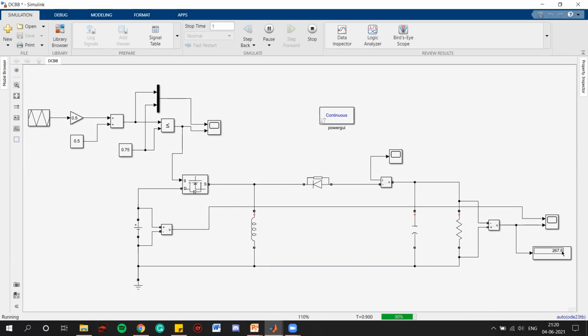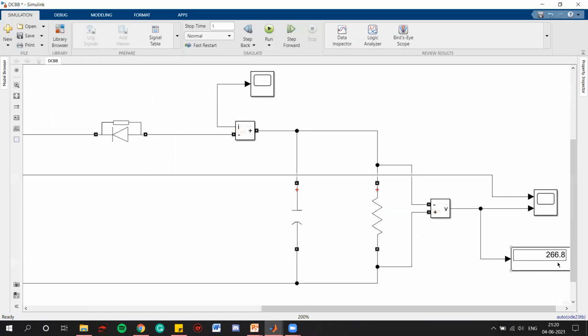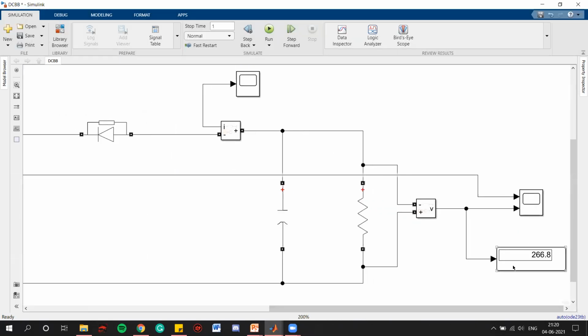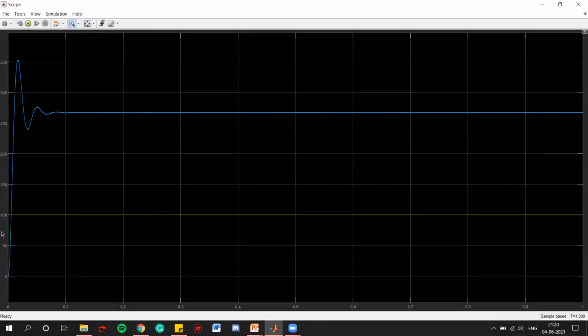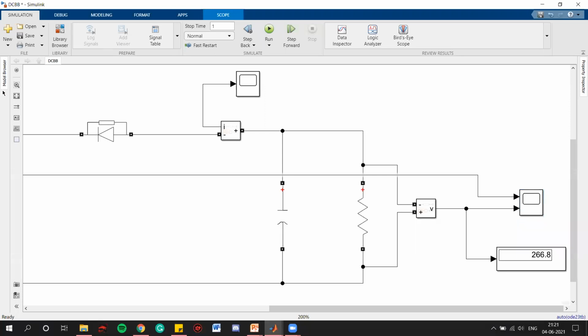Now we can see for 100 volts input, we are getting 266 volts of output. If we see our scope, the yellow one is the input and the blue one is the output, which is clearly much higher, right? It is around 2.5 to 2.6 times.